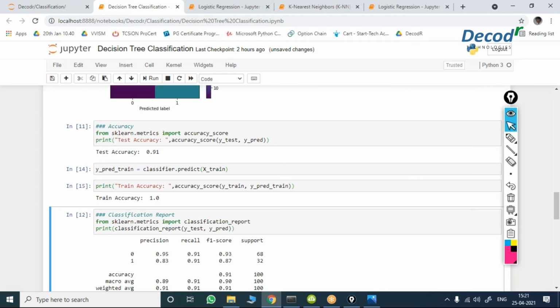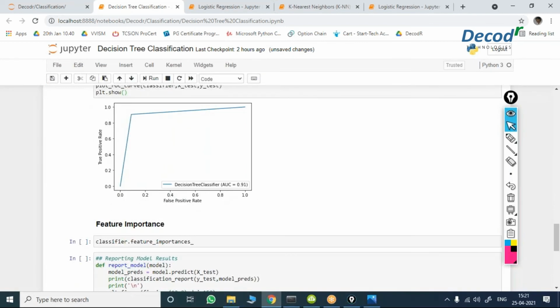For that reason pruning is used. Irrespective of test accuracy, train accuracy will always be 100 for decision trees if no pruning is applied. For that reason, we will prune the tree and bring this to 0.95 or 0.94 so that it does not have an overfitting problem. It will be almost near the test accuracy. So we are going to prune the tree.